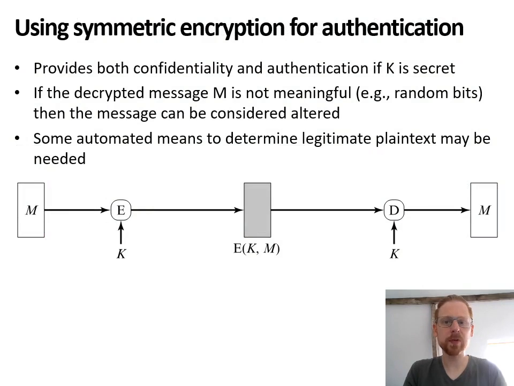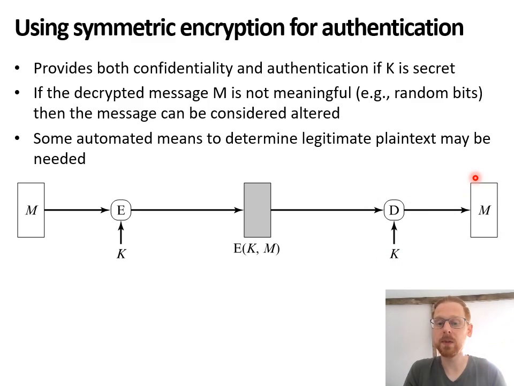The second way of providing message authentication functionality is through symmetric encryption. Encrypting the message will provide both confidentiality and authentication using a shared secret key. If we encrypt the message with our shared key K, then transmit this encrypted message, the receiver can decrypt the message with the same key and the resulting message is meaningful,